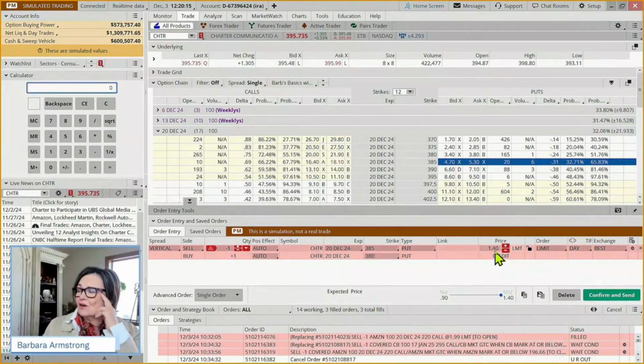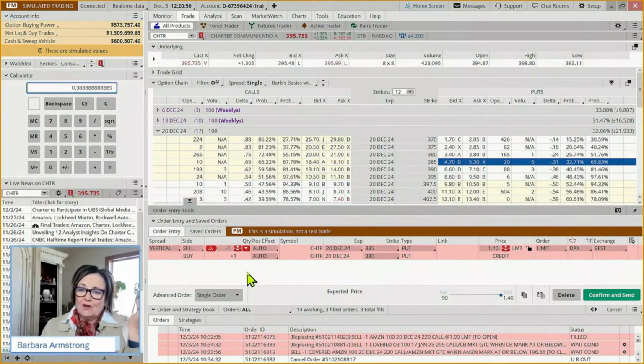$5 minus $1.40, because if we've sold this put and bought this one, if it drops down to 300, we know that we have the right to sell the stock at 380 if somebody makes us buy it at 385. Okay, so that's 140 divided by 360, which is how much we could technically lose. That's a 38% return for a trade we're only in for 17 days.